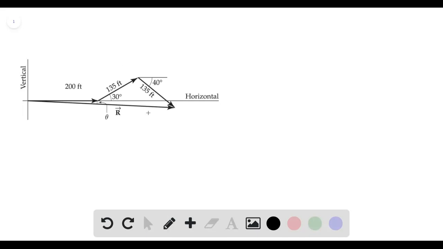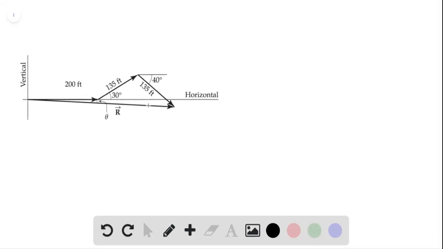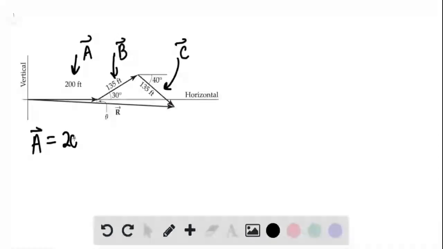That could be essentially what your diagram looks like if you were to draw these vectors out. We are, of course, trying to find r. We can say that the 200 feet would be vector A, and then vector B, and vector C. So we can first say that vector A would be essentially 200 feet, all in the positive x direction, so